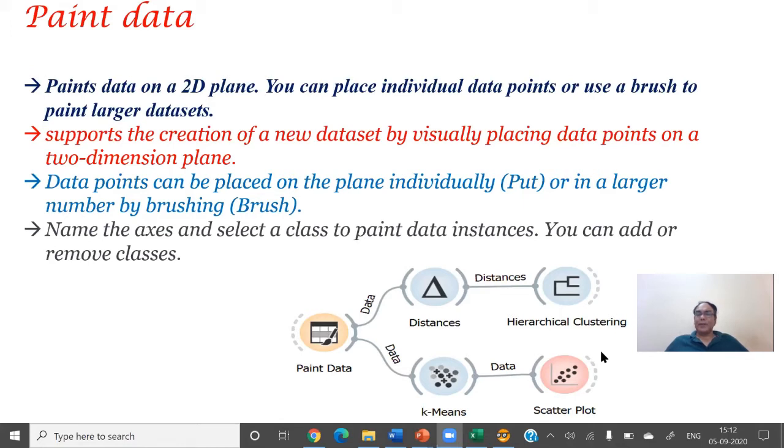If the incomes of two different people are significantly different, and their consumption is also different, then income of the first person minus income of the second person squared, plus consumption of the first minus consumption of the second squared, gives a very high distance. It means they belong to different classes. And if this distance is very low, they belong to the same class. So this logic we are applying to find out how many clusters we can form with the help of the data. I hope you got the answer.